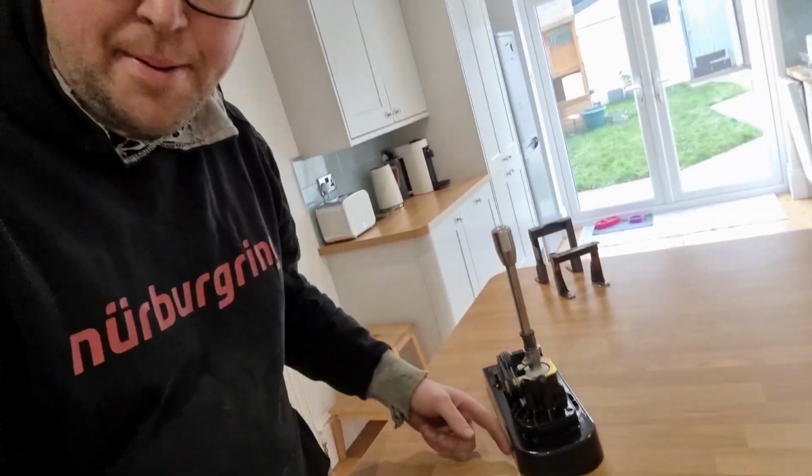So with that rebuilt, I needed a way to mount it. Obviously want to lift it up in the car, don't just want it sat down. Now a lot of people just do a strap up and over, but I didn't like the look of that. Now I've come up with something, I'm not going to lie, it doesn't look that beautiful. We all know my fab skills are not up there with Ilya's or Andy's or anyone like that. But it's going to be hidden, it's going to be closed off with an alley plate, and it'll do the